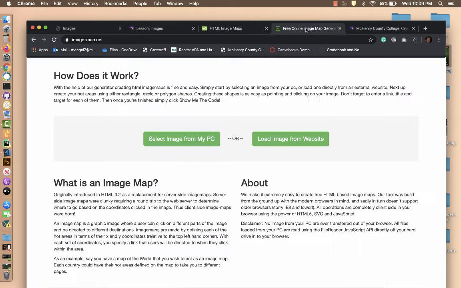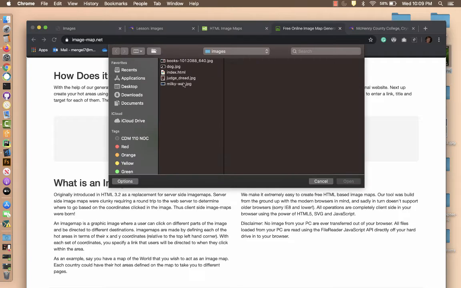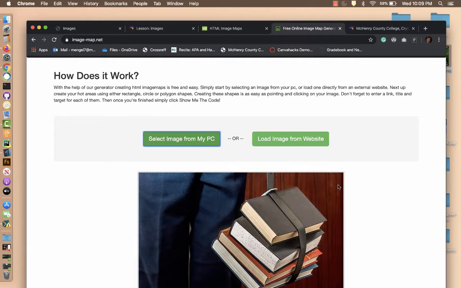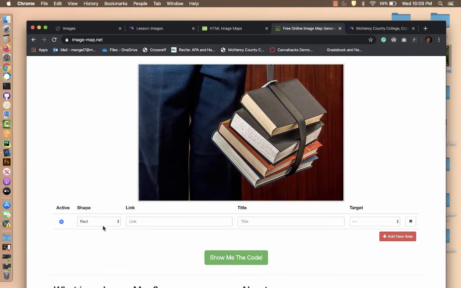It makes life a little easier because then you can select your image from your PC, and I'm going to do this one here for the books, and I'm going to hit open. And then I can choose what shape, and I want to do a polygon. And these would be hard to figure out if you were doing it manually. So I'm putting in, let's move that here. I've got a dot there, and I'm going to